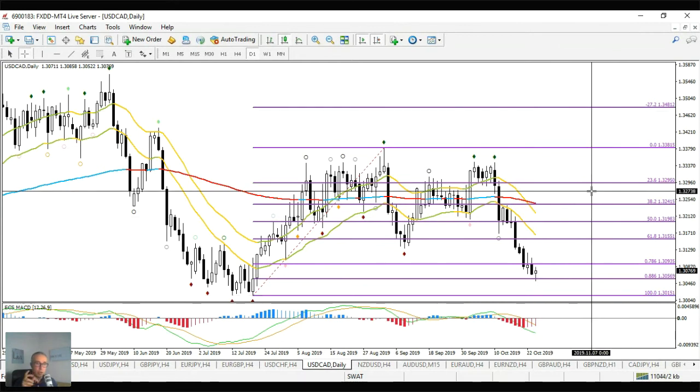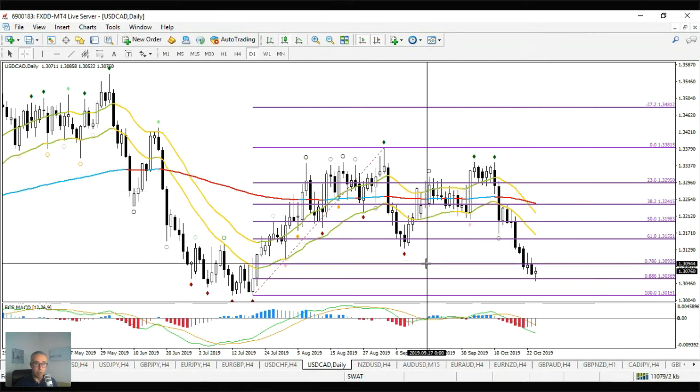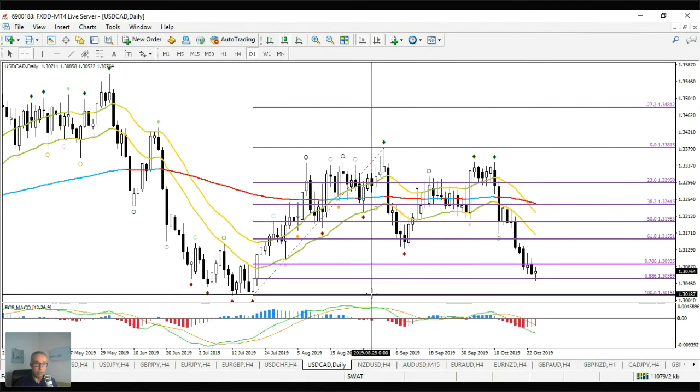But the risk is quite small. 88.6 fib is very, very deep. So it is testing a bottom, and the bottom could provide support, and price might use that for a rally from that 88.6 fib, even if it's a dead cat bounce rally, let's say, and only moves up 100 pips or so. Although I think it could move more. So I still like that idea. And I think 132 is a good target. I think it could go even